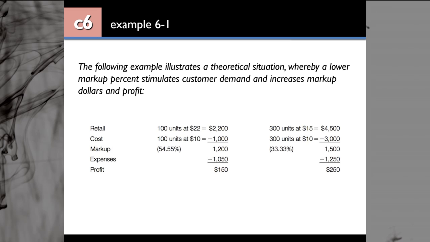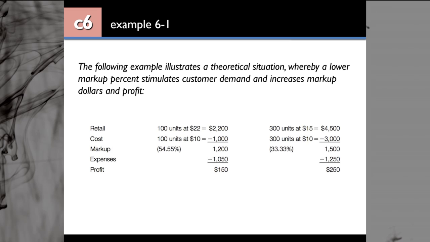So on the left-hand side, you sold 100 units at $22, which gives $2,200 as the total retail price. And the cost for those was 100 units at $10. So you subtract that, and you get a markup dollar of $1,200, and after subtracting expenses, you get $150